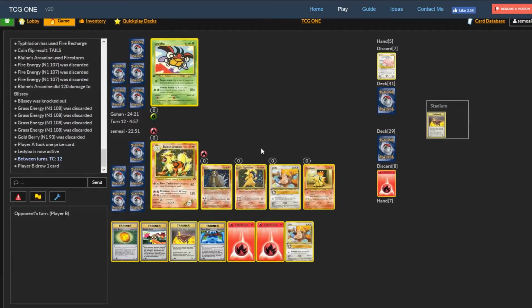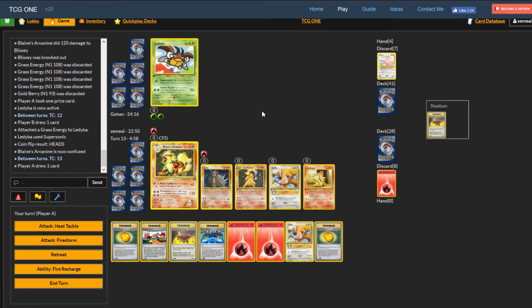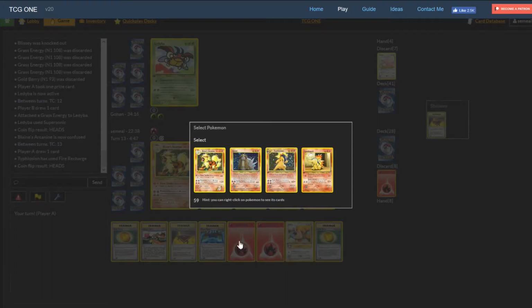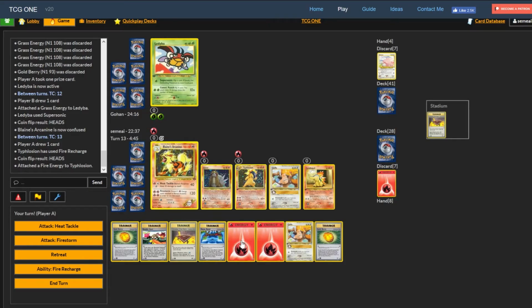Cool. So his attacker's gone that he spent so many turns to power up, and even wasted something. There's a Double Gust now. He'll probably Gust the Typhlosion. So I'm going to Fire Recharge, attach to the Typhlosion, attach this to...